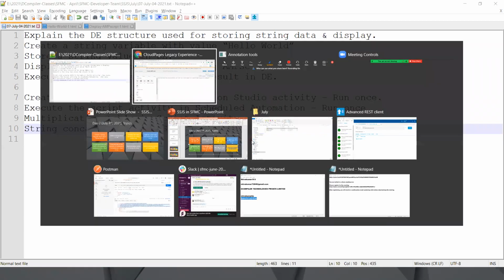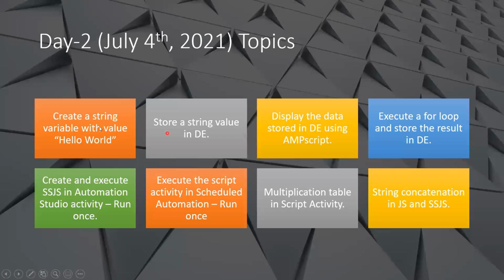Good. Let me go back to the slideshow. So this is what we covered, which is mentioned in line 1. The next video will be covering the remaining 4 line items, and one additional video to discuss concatenation in JavaScript, applicable exactly the same in SSJS,